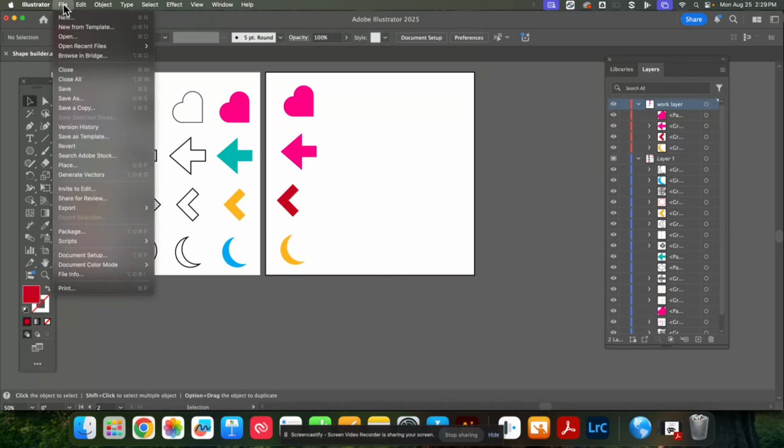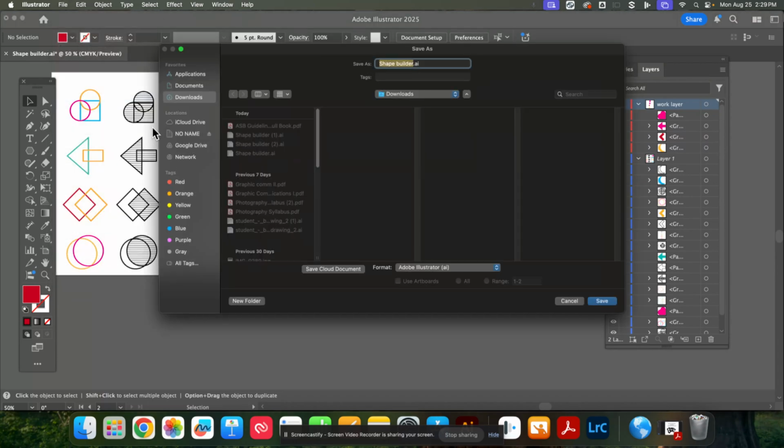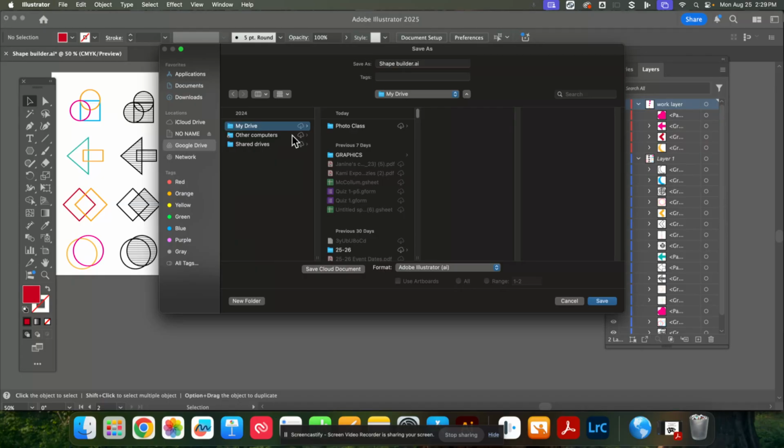To save it, you're going to go to File, Save As, put it in your Google Drive, My Drive, put it in your graphics folder, inside your Illustrator folder. If you don't have these folders, and you get to My Drive, you're going to create a new folder, name it Graphics, then create a new folder and name it Illustrator. You're going to put your first initial last name at the beginning of where it says shape builder underscore shape builder. Hit save